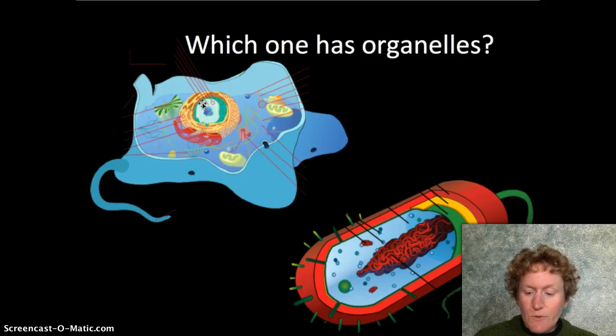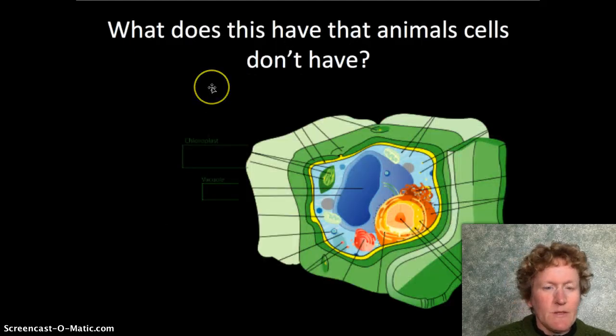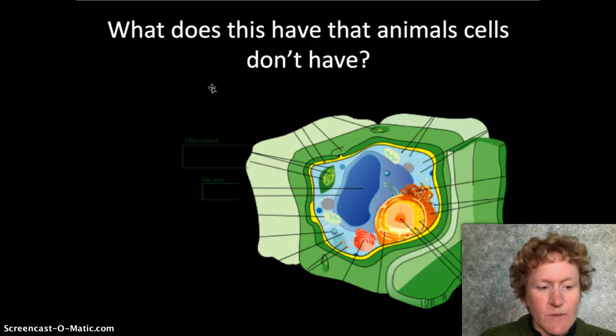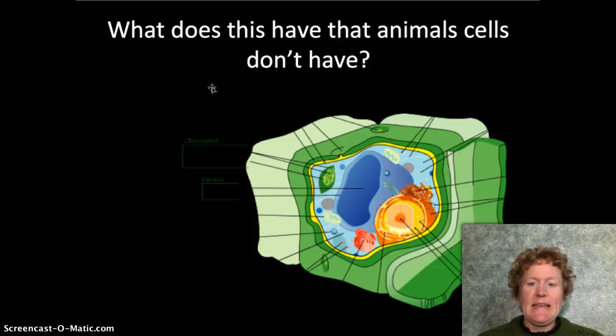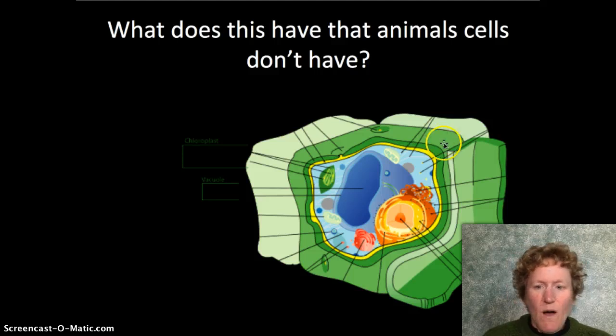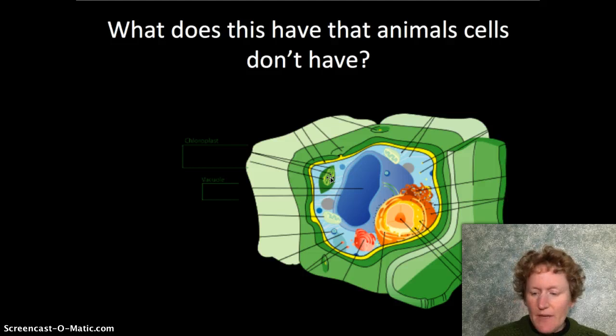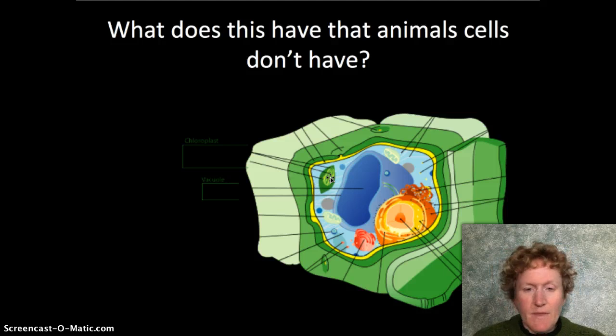Eukaryote means true nucleus. Let's try to remember what plant cells have that animals don't. You might remember the phrase plants can't dance. That's because they have a cell wall that keeps their cell rigid. They aren't squishy like humans. They also have chloroplasts. The green stuff in plant cells is chloroplasts, which contain chlorophyll, which help turn light energy in along with carbon dioxide and water. That light energy drives the reaction photosynthesis to make